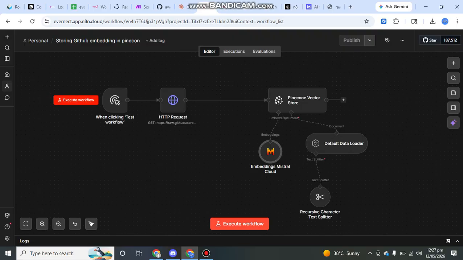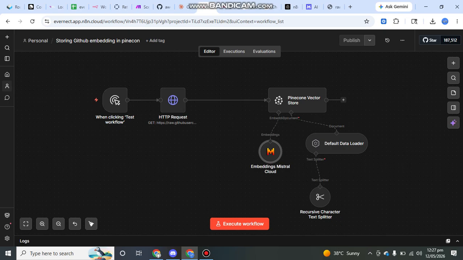Now, once you execute it, make sure you have enough RAM. You need to increase the RAM because it takes a lot of RAM, and if you don't have it, you can get an error. So after you process and create the embeddings and store them in the Pinecone vector store,